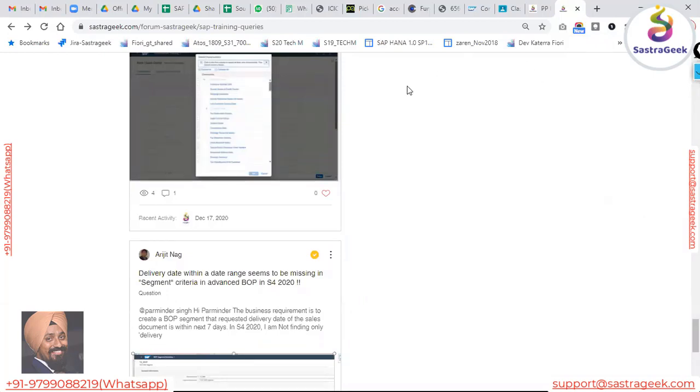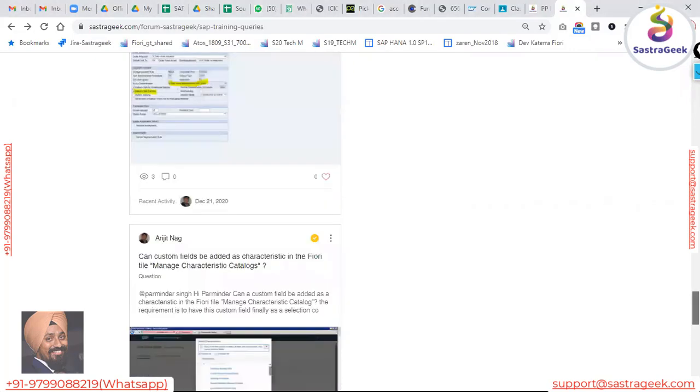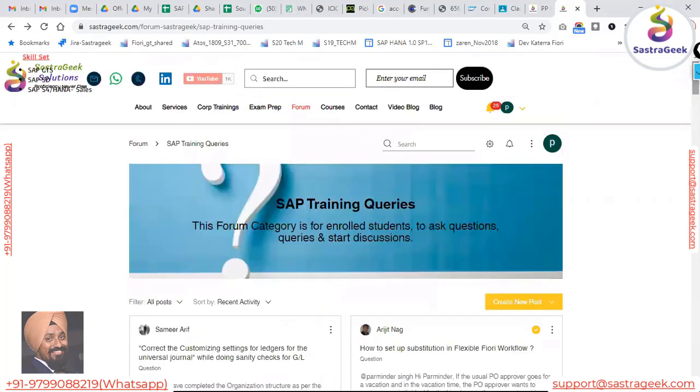So you will also be getting access to this forum, and you would be able to post your questions and queries to the forum. Apart from that, you will also be getting access to the books. The books would be shared through Google Drive, and from there you would be able to access them. These are SAP standard books, and access would be there from your Google Drive. So that is the complete package we would provide, and there is a lot of stuff which you would be able to go through.